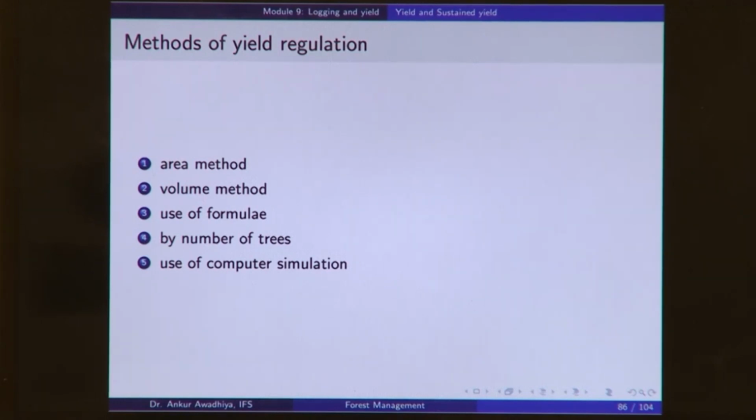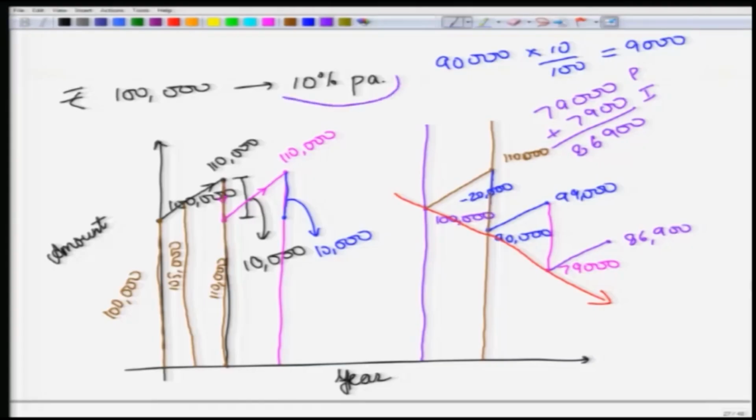Now, in the case of our bank example, it is easy to compute things because we know the rate of interest. But in the case of a forest, and especially in the case of an irregular forest or a selection forest, how do you get the rate of interest or the rate of increment is the next question. Then again, not all the trees will be putting up increment at the same rate, because trees that are very young or trees that are very old will probably not be putting up any significant increment, whereas trees that are in the middle age, which are mature trees, will be putting up increment at a very fast pace.